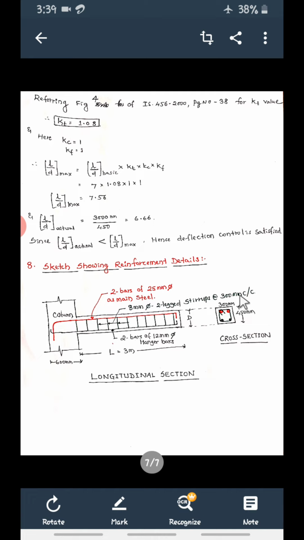Okay, right. Now see, one more important thing: this main bar will be extended and bent and taken into the column. If you provide only this much, if you cut the main steel here, then what happens, this column and beam are going to act separately, and there will be a crack at this point. So if you don't take this main bar inside the column... always you have to take the main bar of the beam, extend it and take it into the column.